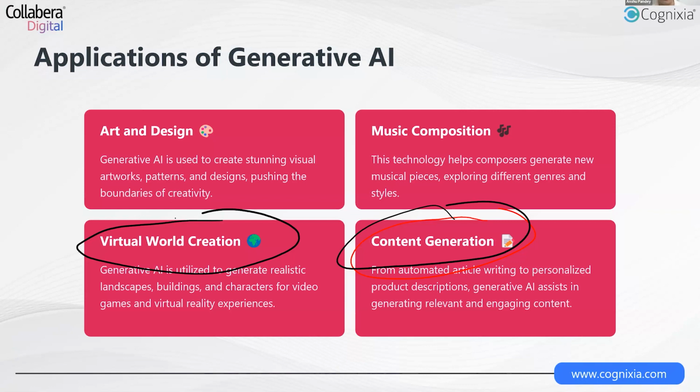Besides this, Gen AI is widely being used for tasks such as music composition, art and design, generating a lot of images today. So now buying image licenses is no more a concern in the market, right? Organizations are preferring to use generative AI over having to buy licenses for images and getting into copyright issues. And that's where it's actually disrupting the market quite a lot. So these are some of the wider applications of how Gen AI is being adopted and used across the world today. Let's talk more about it.